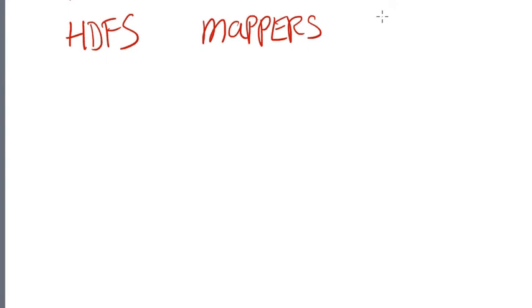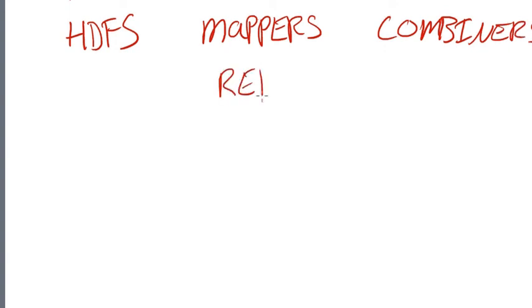Alright, so Hadoop has, we'll state this again, a few things. It has the HDFS, the mappers, the combiners, which we'll go over later, and reducers. So the important thing to note about all this